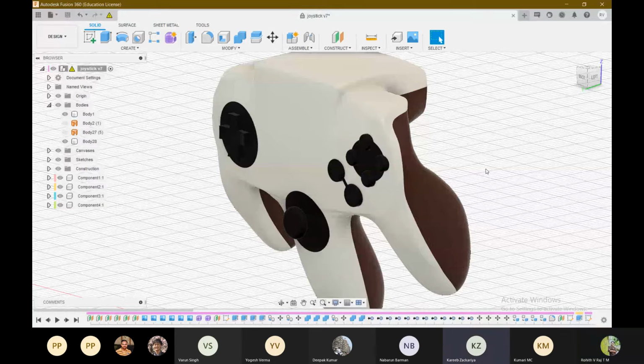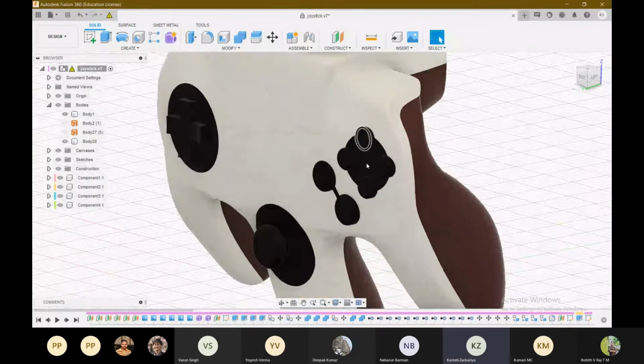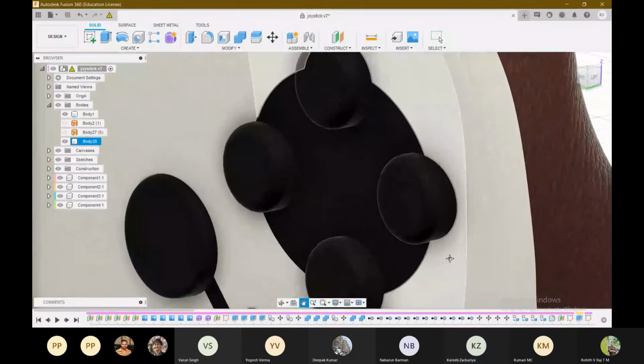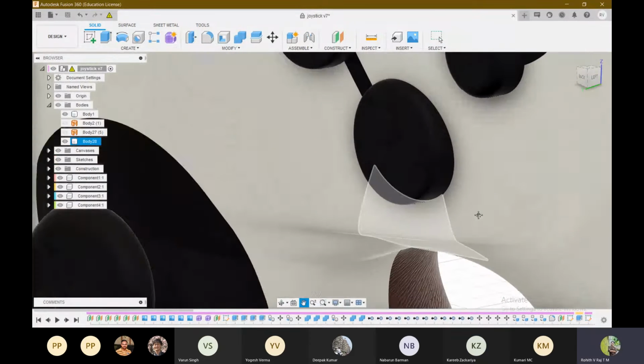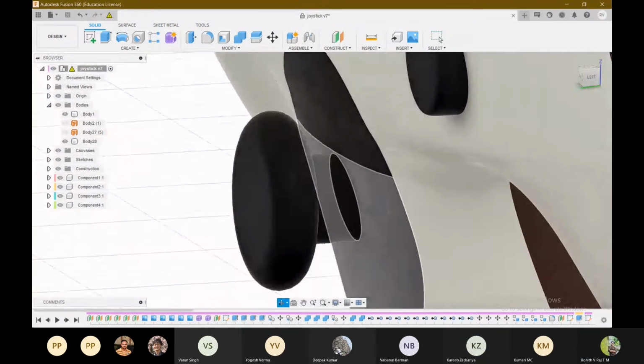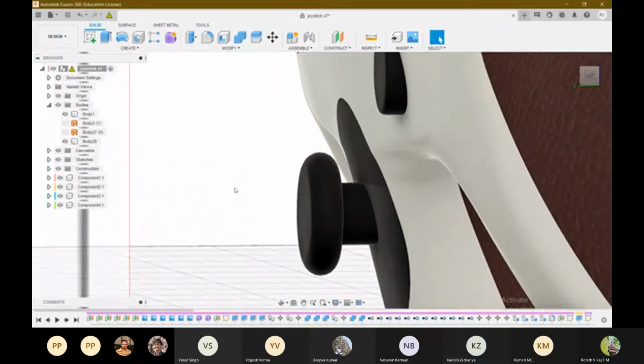Can you zoom in slightly and show us a bit more detail? Okay. So the cut for these buttons is made, or is it just a component on top of the form?